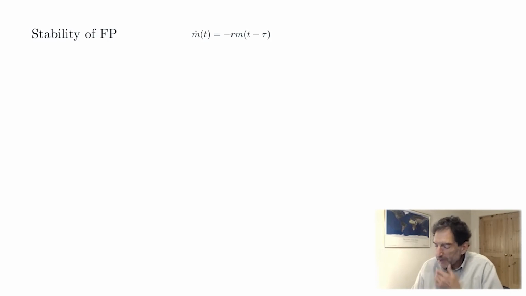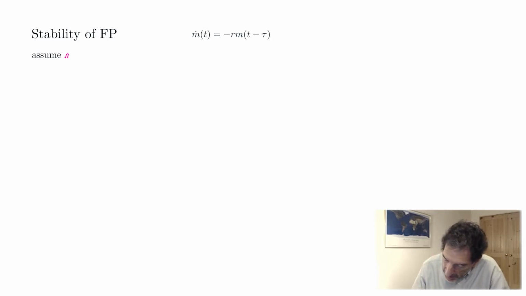So let's begin by making the following assumption. Let's assume that if the time delay is short, the exponential decay to the steady state that happens in the case of no time delay still holds. So let me assume that m of t is equal to e to the minus at, where a is yet to be determined. And so to figure out what's going to happen, let's take this assumption and substitute it in the